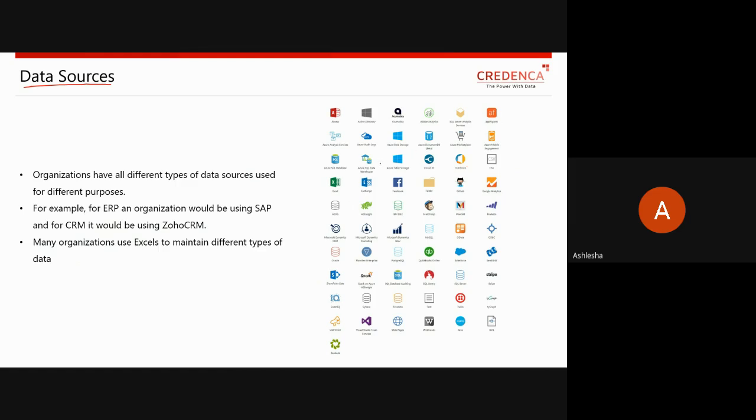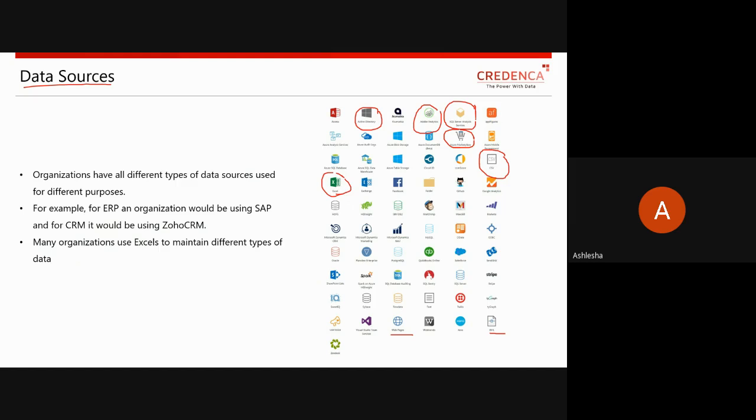Okay, so Excel is your database system, like I told you, like a CSV system. Azure Marketplace is one kind of data source. There are different data sources provided by Azure. Then SQL Server Analysis Service, Adobe Analytics, then Active Directory. There are many more things, like a web page. Data from a particular web page is also one kind of data source. Then XML file. You can think of any kind of data source.